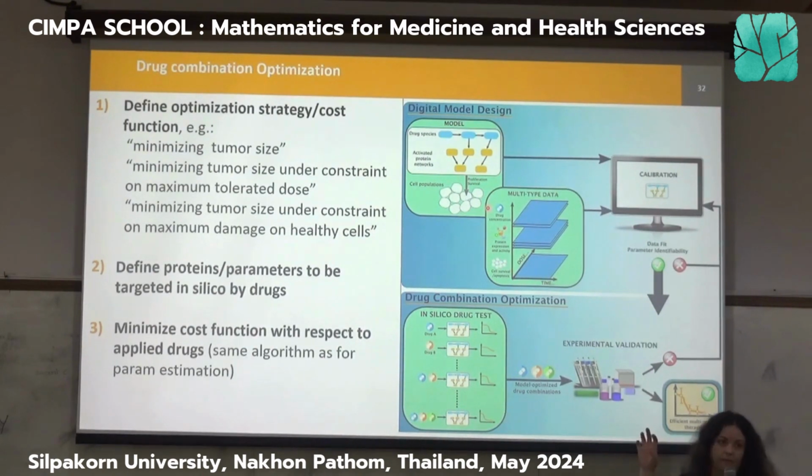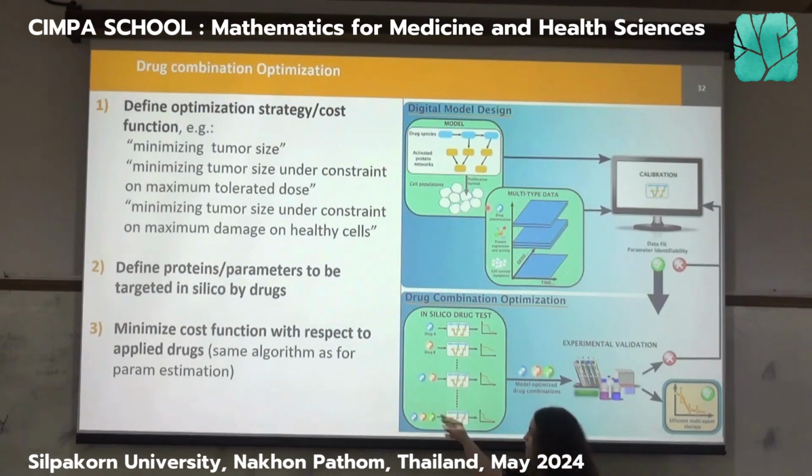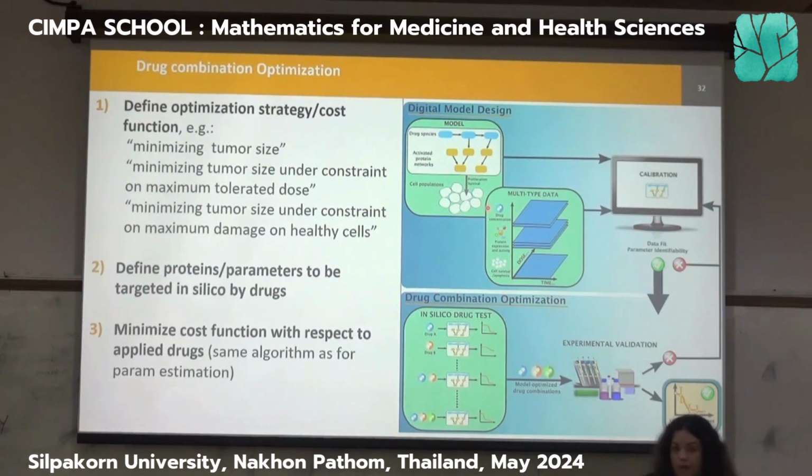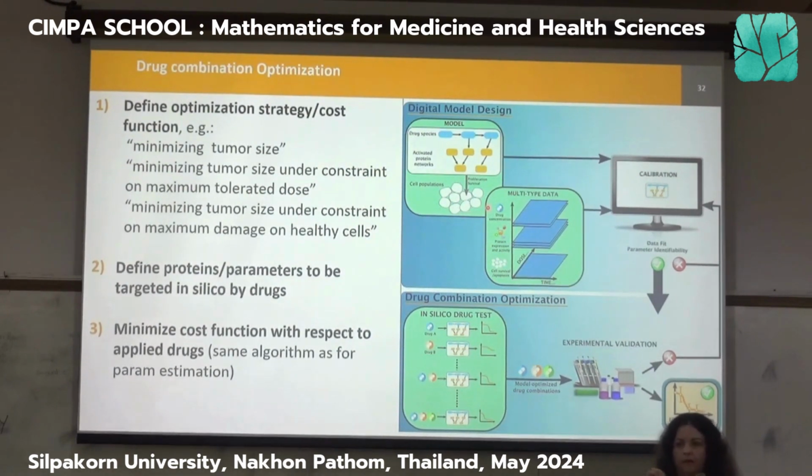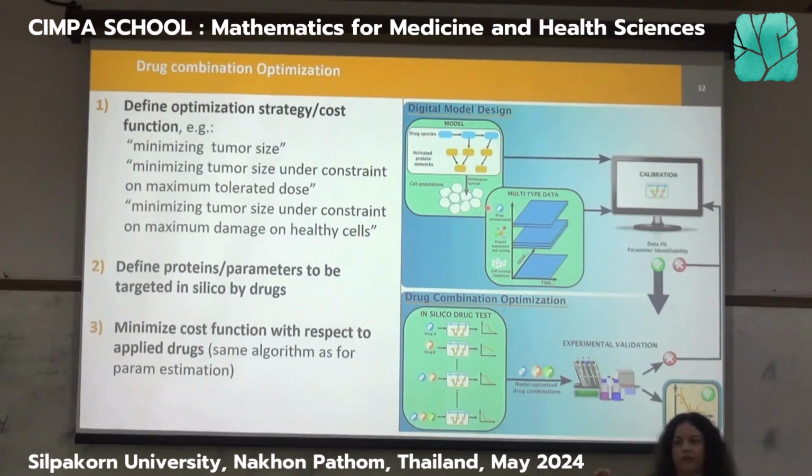The second part is what are going to be the things I want to target in my mathematical model. What are going to be the drugs that I want to test? So in a mathematical model like that, what you can test is basically virtually every variable or every arrow. So if you want to change, let's say I want to model the inhibitor of protein A. So one easy way to do that is just to set the initial condition of A to 0.